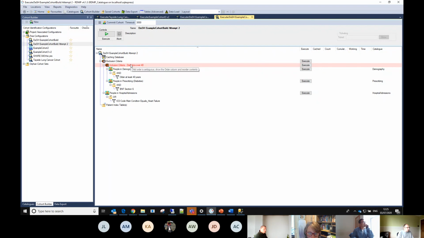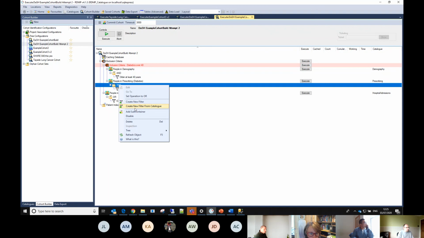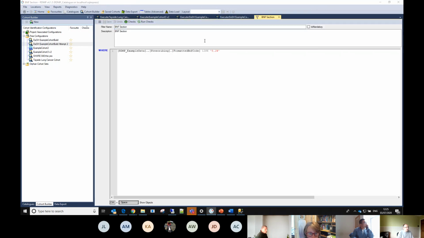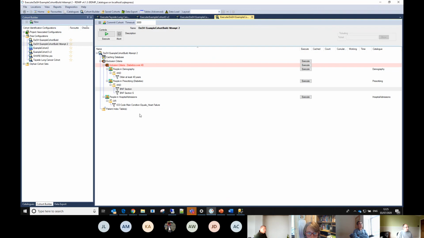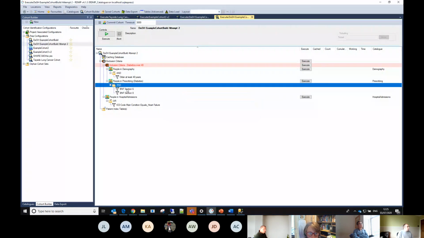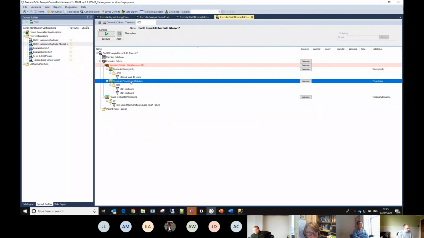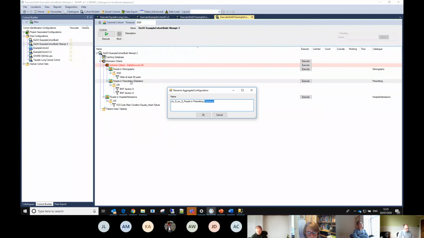And we can add in additional filters to say, actually, we're interested in, let's leave it as 8. We're interested in BNF section 8. So we should rename that 8. So we've now got 6 people in 6 and 8, maybe it's 6 or 8. So we've now got anyone that's got a prescription in 6 or 8. We can change that to March.